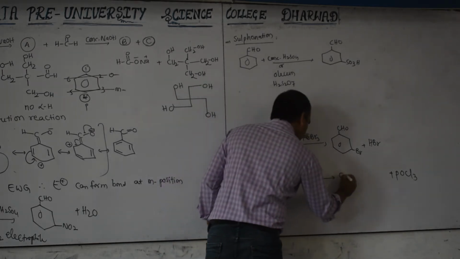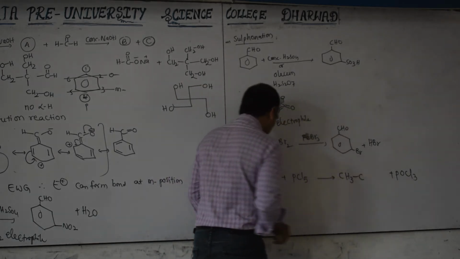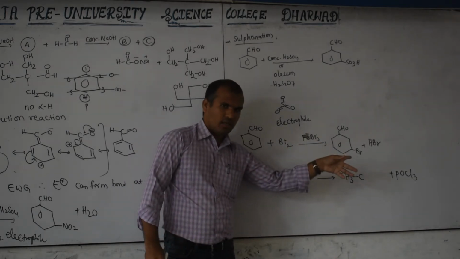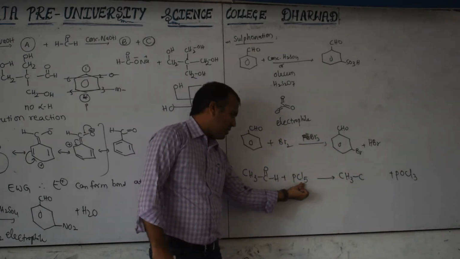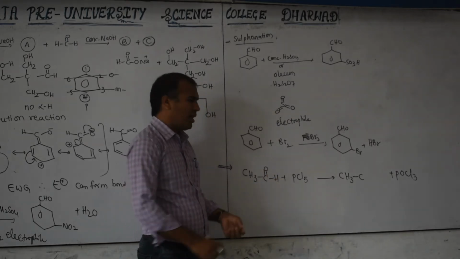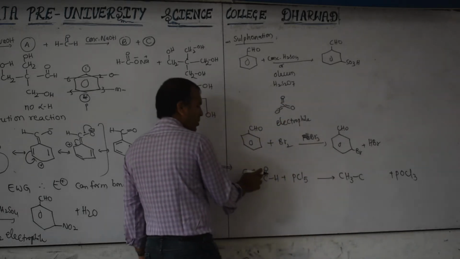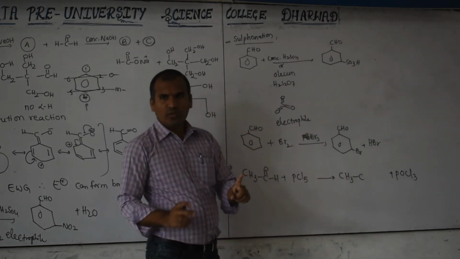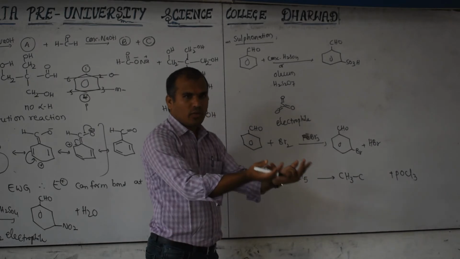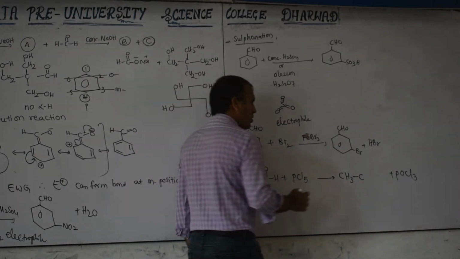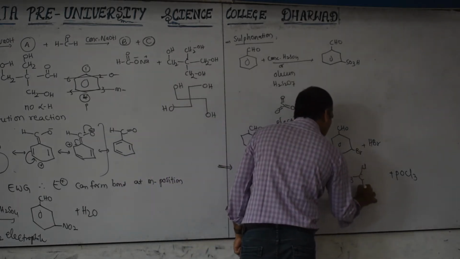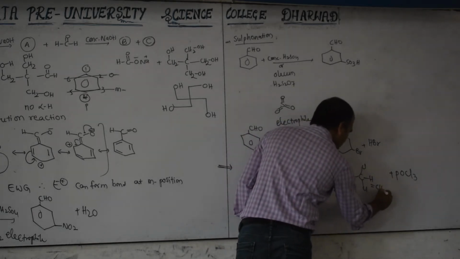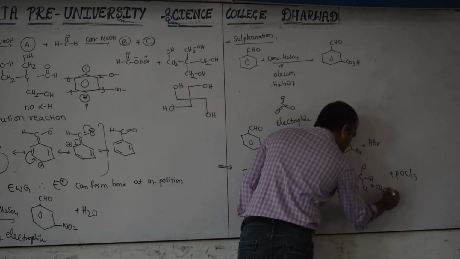Now see, CH3C. Here there is no oxygen; the oxygen has gone. When the oxygen goes, this Cl will be bonded to this carbon. How many bonds does oxygen form? 2. How many bonds can chlorine form? 1. So if 1 oxygen goes out, how many chlorines come in? 2 chlorines will come in. So here 1 chlorine, here 1 chlorine. This is H. Otherwise it is represented like this: CH3CHCl2.